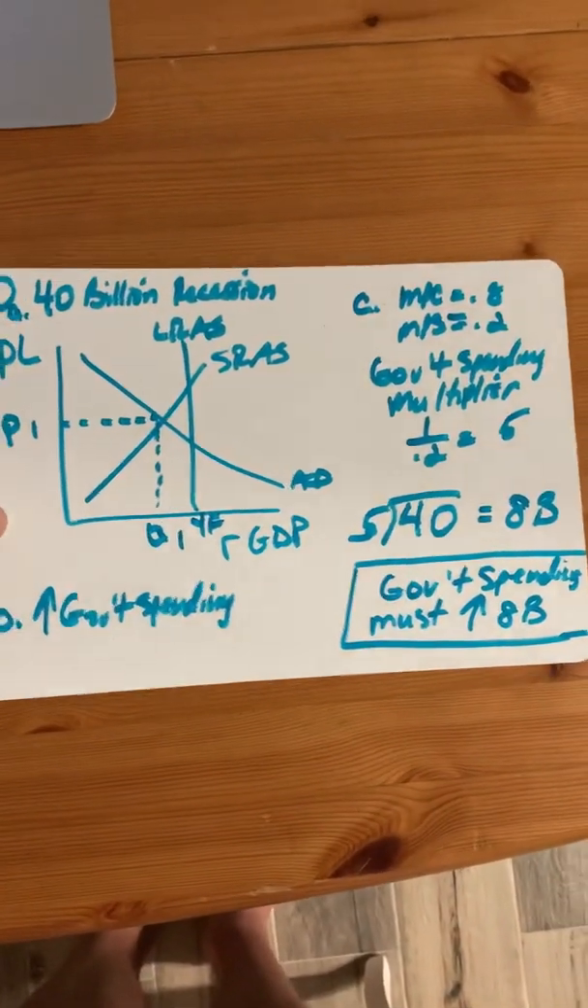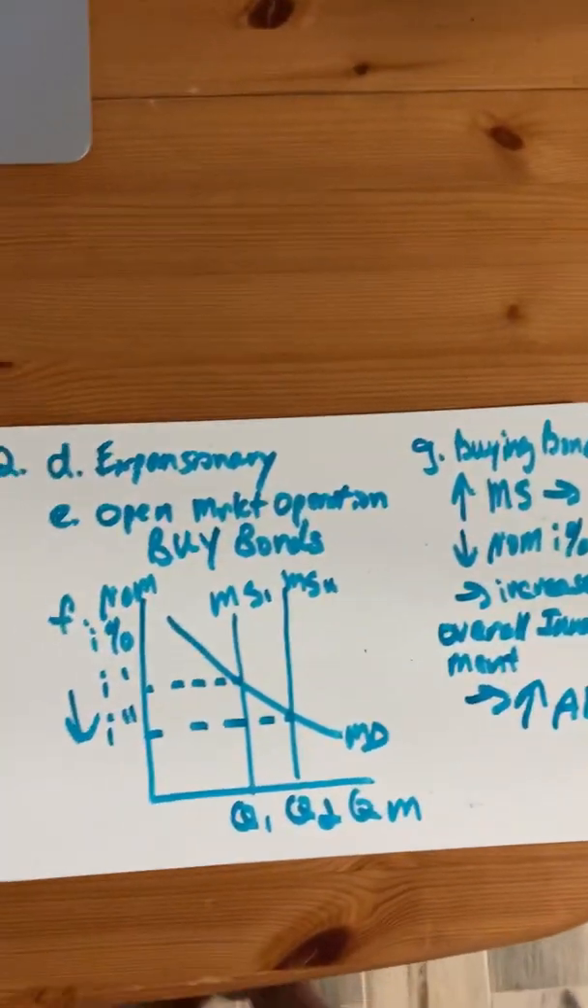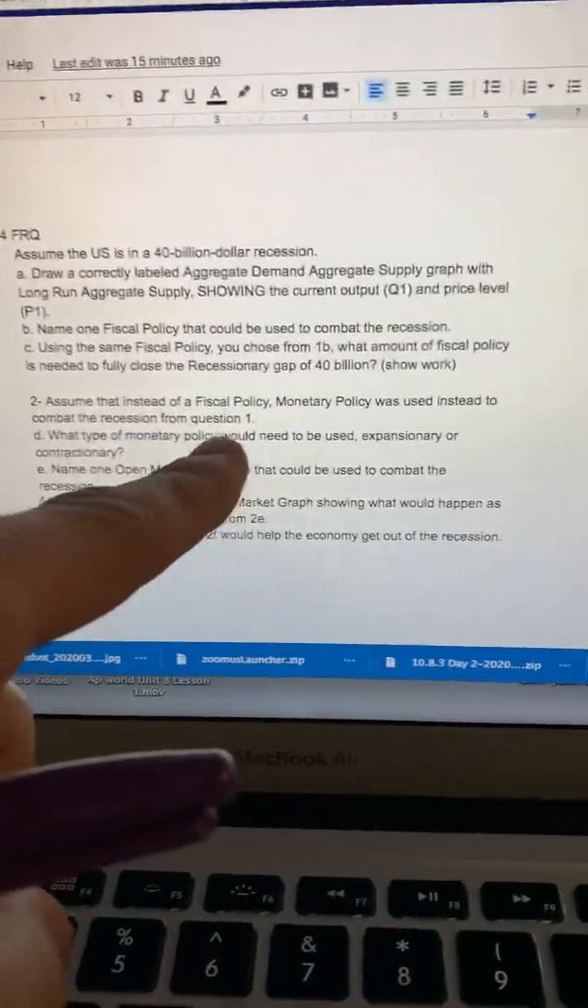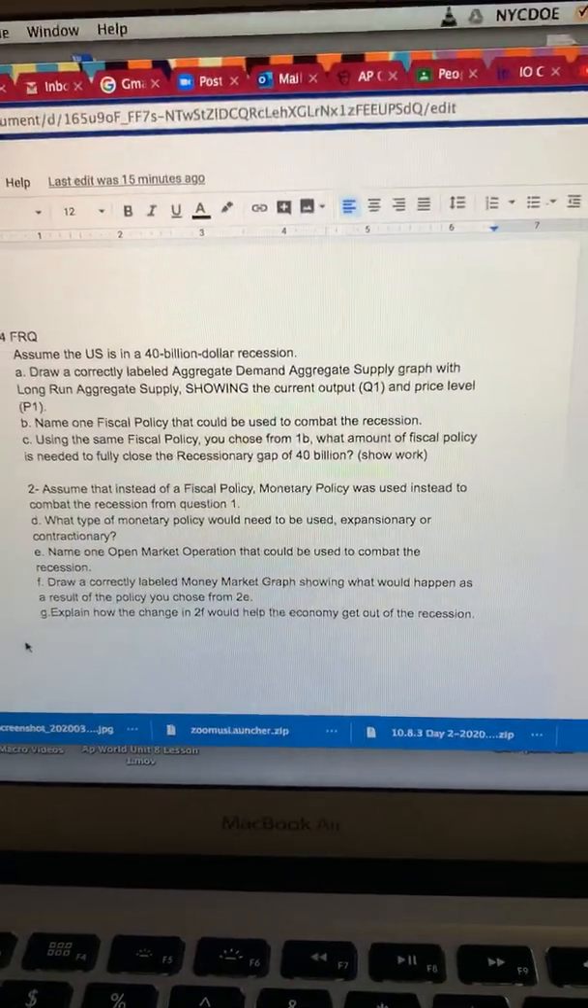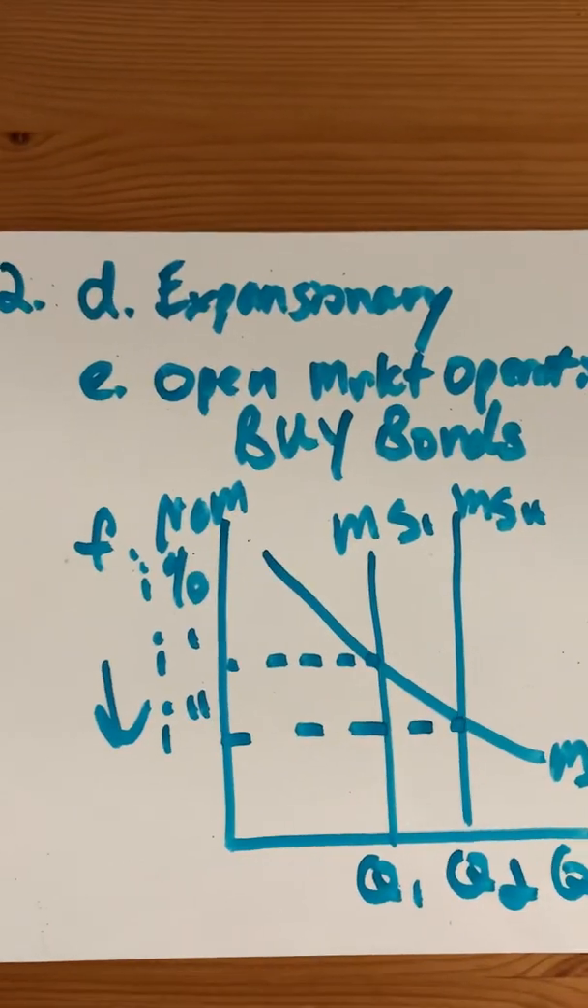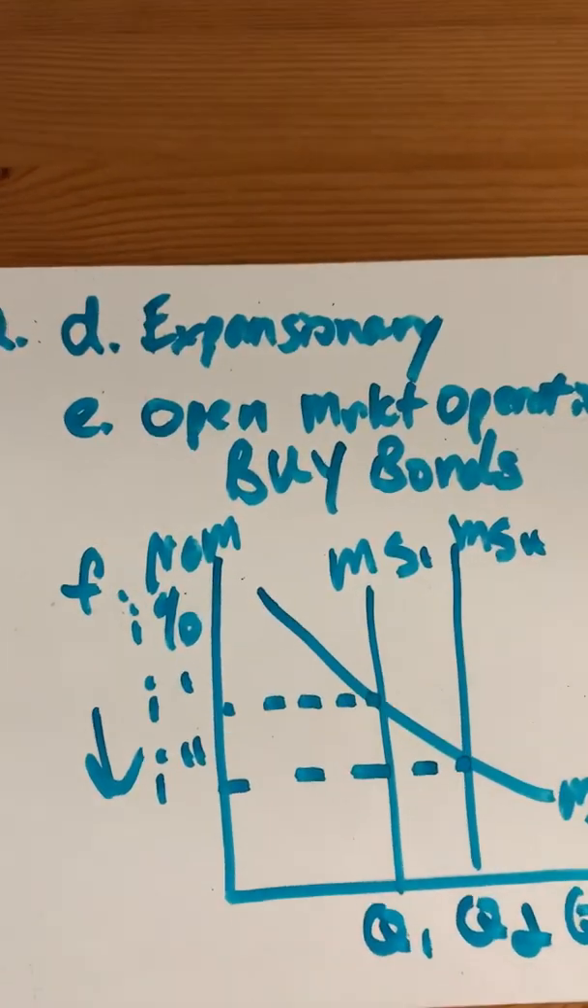Now the second part gives the same scenario, $40 billion recession, and instead of a fiscal policy, it asks for a monetary policy. So what type of monetary policy would be used, expansionary or contractionary? You should have easily said expansionary, okay, for 2D. Then it says to name